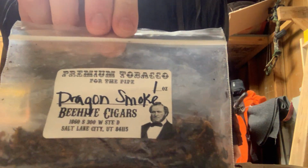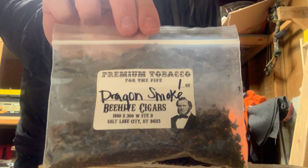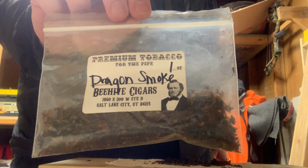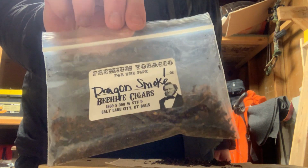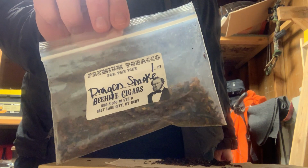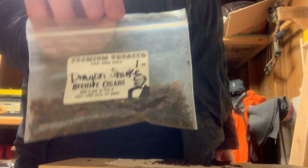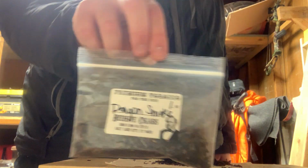Beehive Cigars, Dragon Smoke. This is the blend that got me smoking Englishes. This is what got me into English tobacco as a whole. It's very, very light on the Latakia. It's got some Black Cavendish in there, some Sweet Virginias. It's a really good blend, really light on the Latakia. I do really like it, though. This is my favorite blend to smoke while forging, just because it's called Dragon Smoke, and then I'm using the forge, and yeah, I'm a nerd. So there's that, and then,